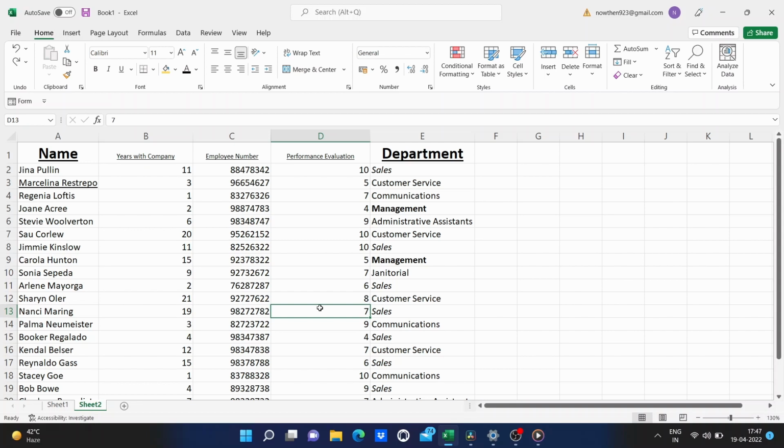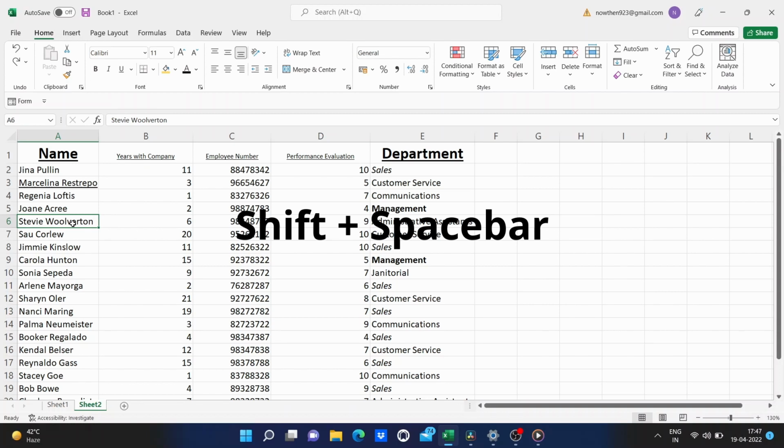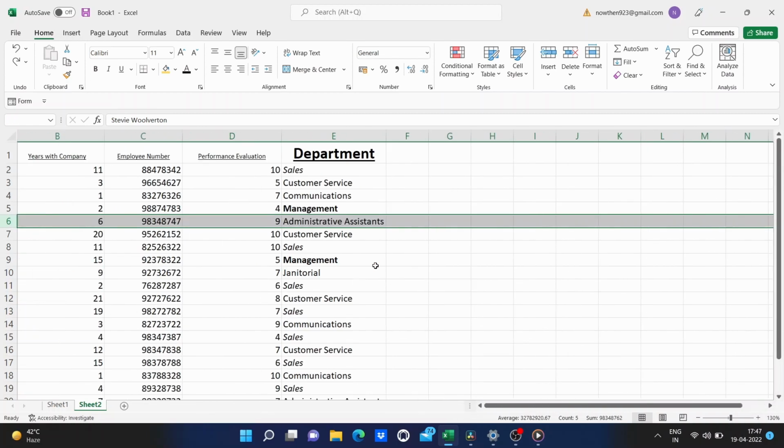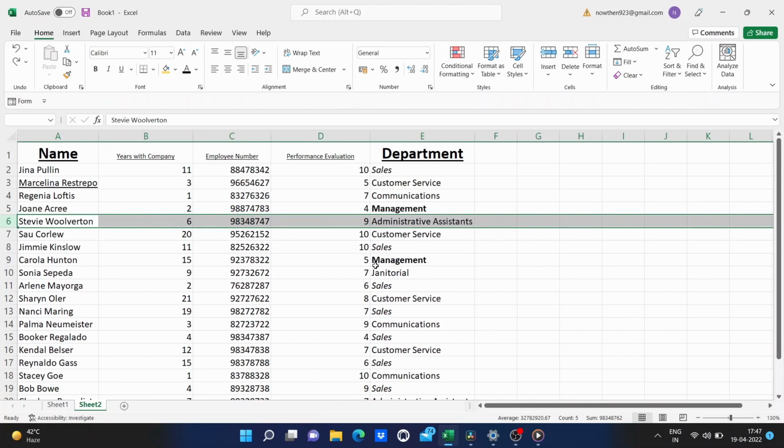What if you want to select an entire row? You would click in that row somewhere, hold Shift, and tap Spacebar. Now the entire row, as far as it goes, is selected, and that makes it easy now to do Control B to bold it, or underline with Control U, or Control I to italicize.